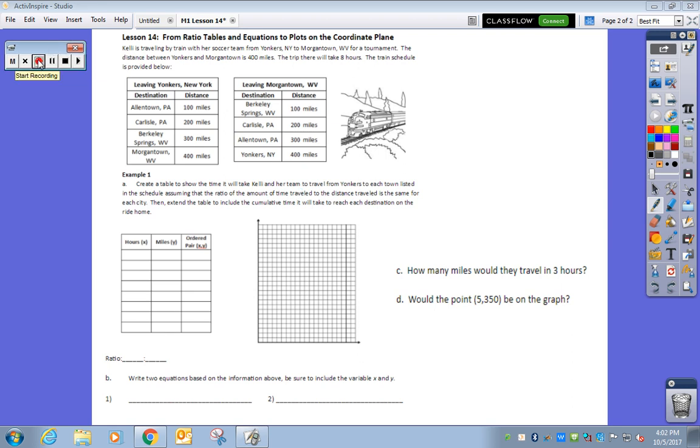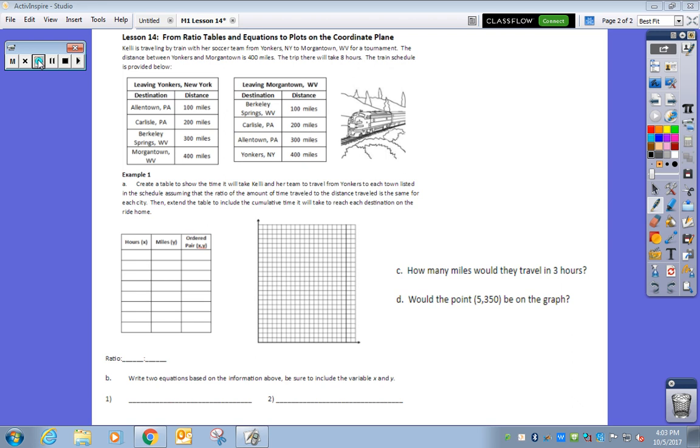Okay, so today we're going to look at lesson 14. This is going to take us from ratio tables and equations to plots on the coordinate plane. I'm sure all of you have seen a coordinate plane before in previous grades, so we'll look at it a little bit closer today. So if we read the problem at the top, it says